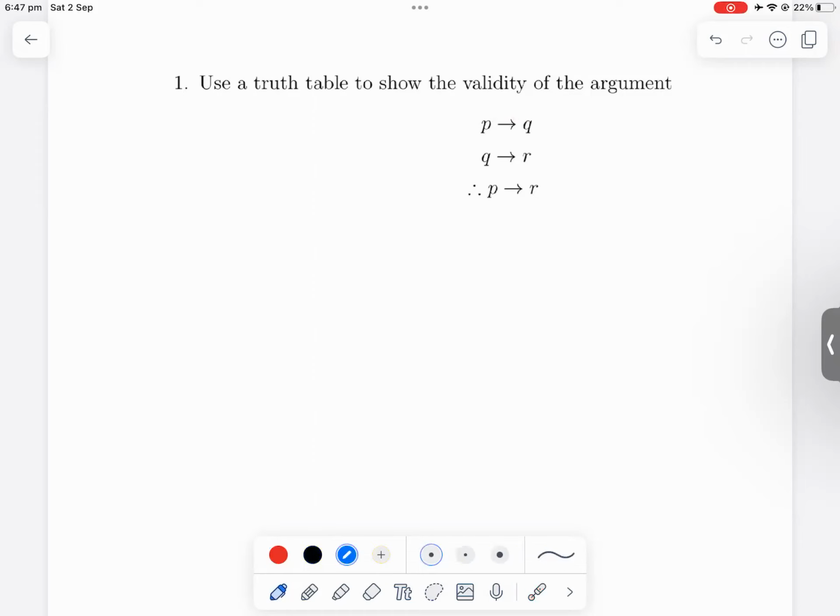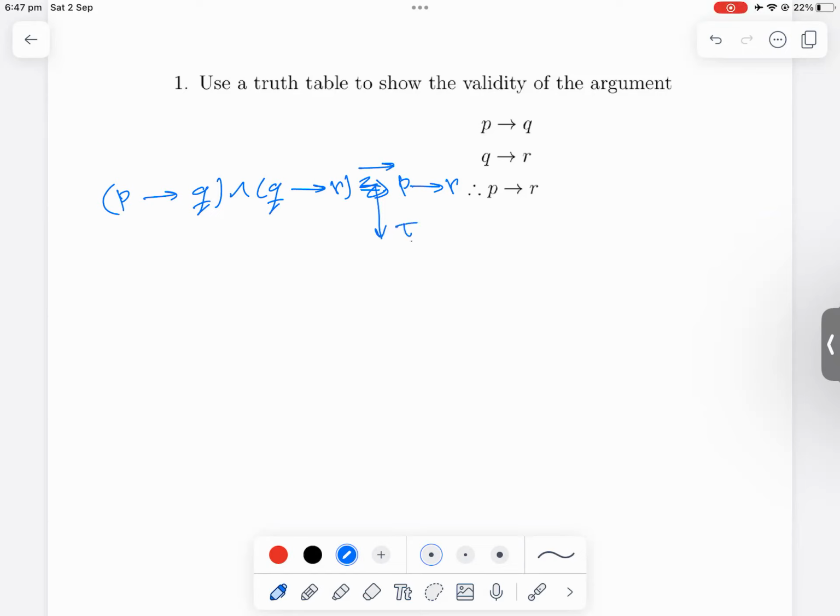We want to prove that P to Q and Q implies R is P to R. This means this one implies this one, but we need to say that